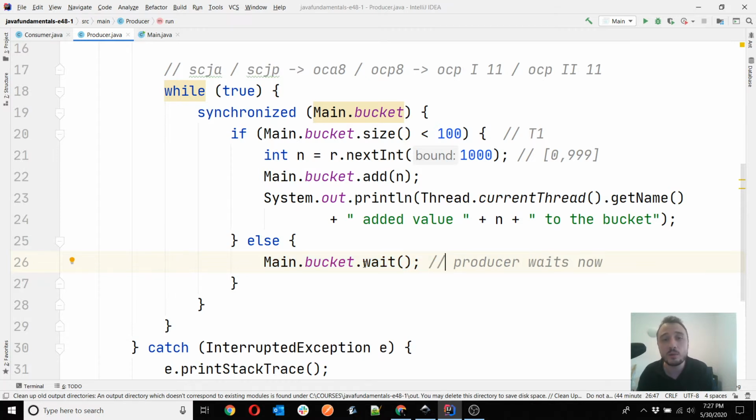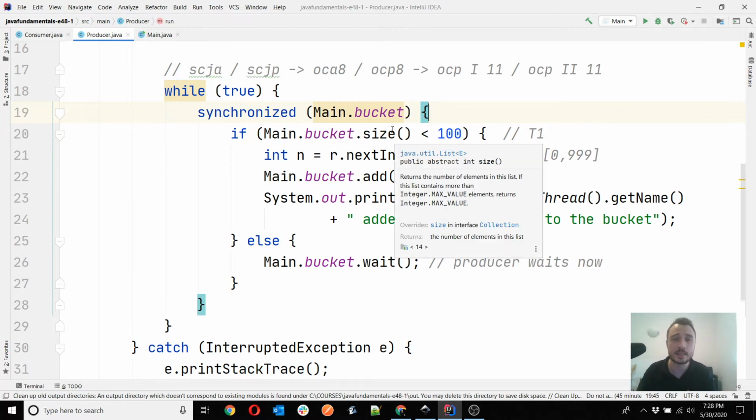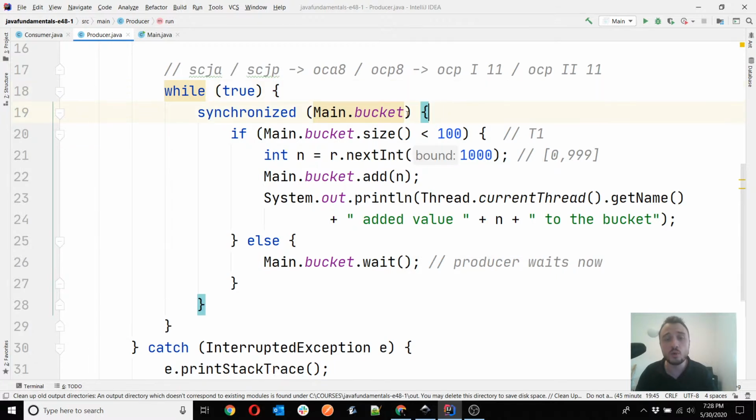So that's why, first rule of thumb, you cannot use wait and notify outside of the synchronized block, because these two notions only make sense inside the synchronized block. And you always call them from the monitor of the synchronized block. If you don't do that, you will get an exception, because the logic of wait and notify is the logic of having a monitor being able to manage the threads.